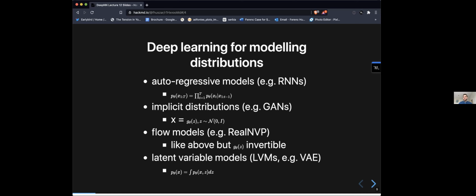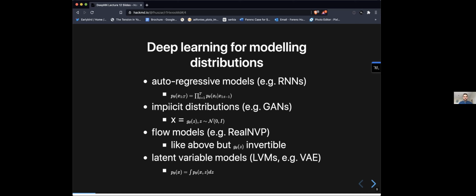When you have to sum over all possibilities in very high dimensional spaces, that sum becomes intractably difficult to calculate. And this is why modeling a probability distribution with a neural network or with any other function is generally very difficult in practice. You can think of these as different approaches for making that